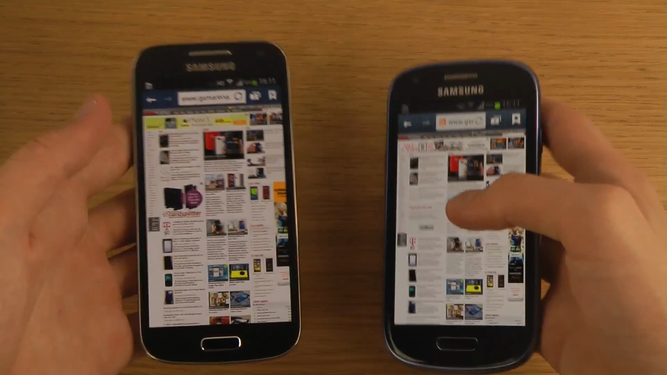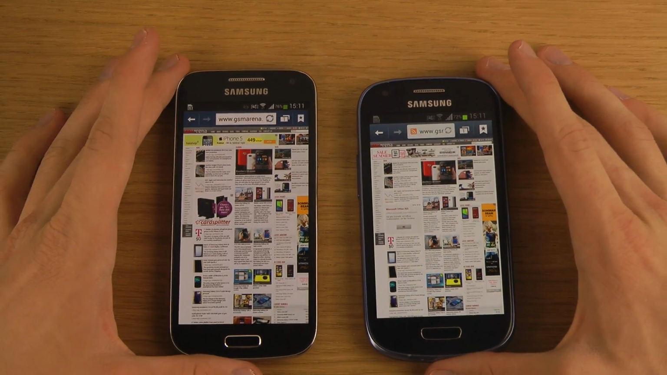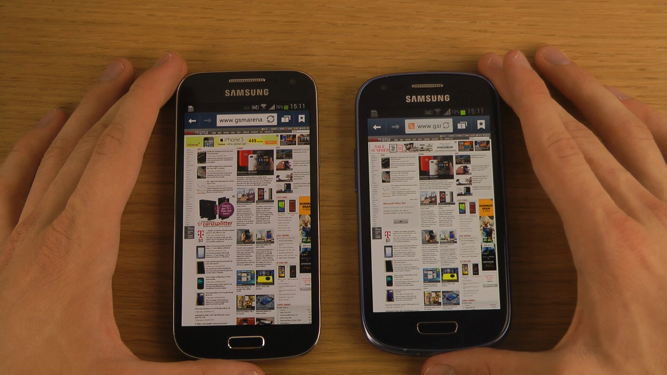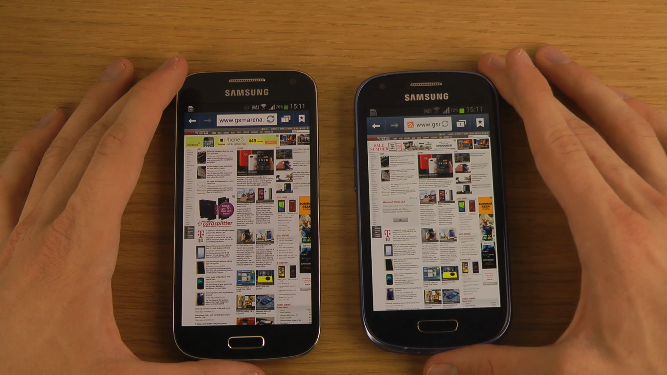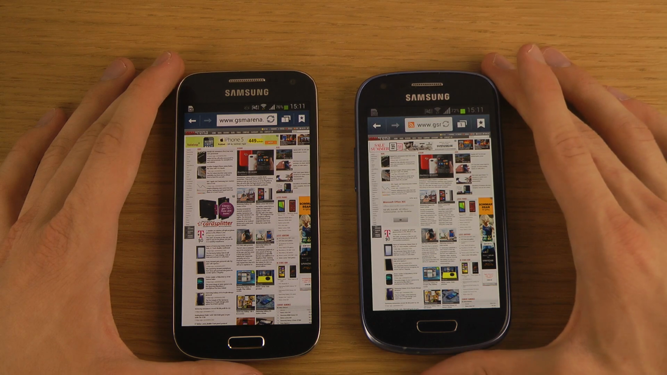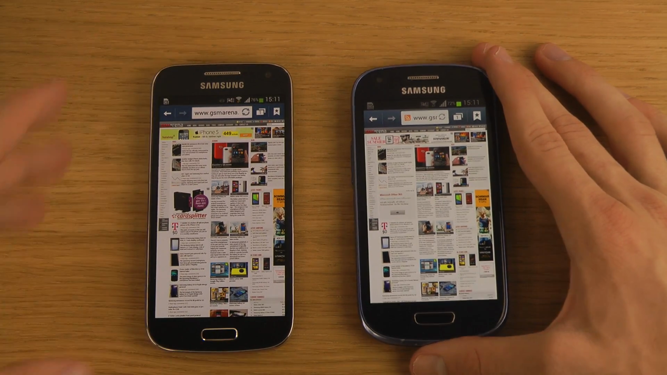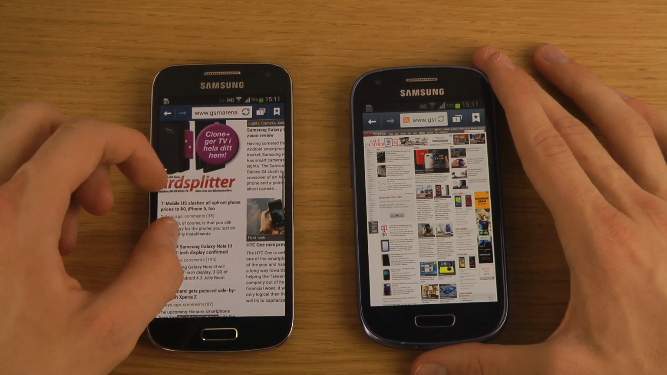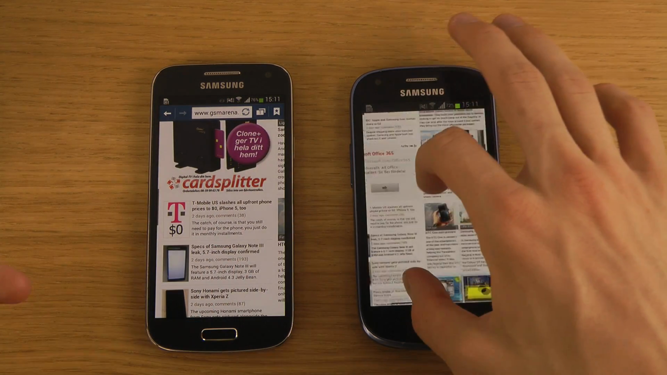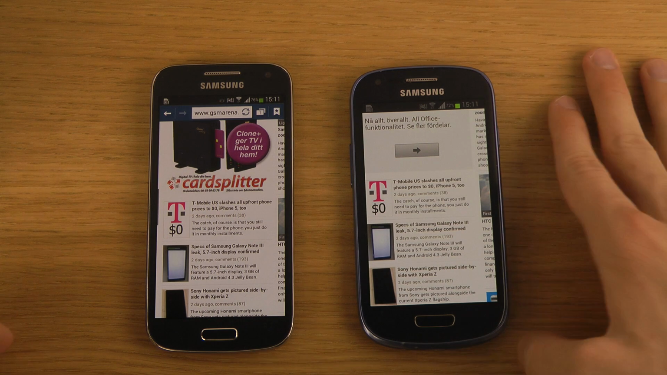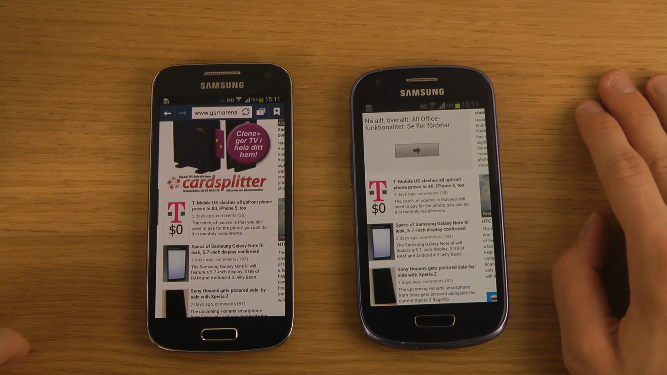So you also did see that the browser was a little bit snappier. What we can see here on the display is that these are very much similar in terms of the display, but I do believe that the S4 Mini has a slightly better advantage here. Pretty interesting though, because I did think that the Galaxy Note 2 and the Galaxy S3 from last year, the